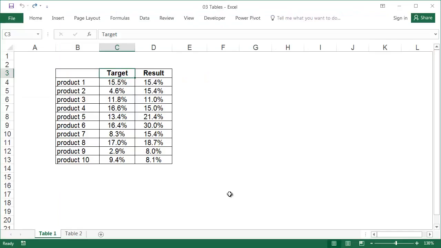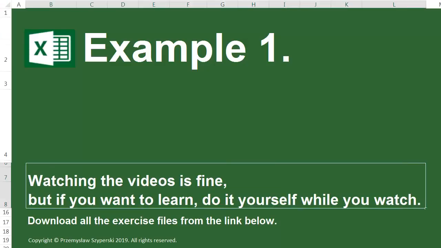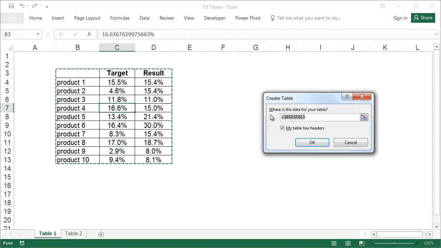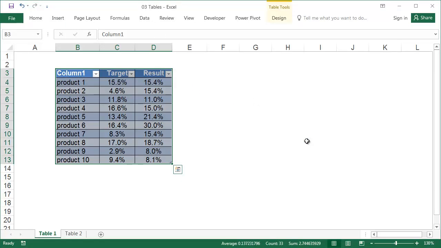Tables are a feature that some people like, but many completely ignore. Example 1. When converting data into the form of a table that Excel can recognize, you can gain access to many additional options. To convert data into a table, click on a cell in the data range and select Table from the Insert tab. We are asked to confirm the range, and after pressing OK, the data is converted into